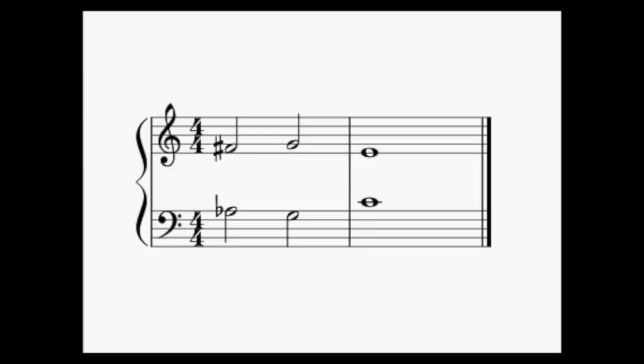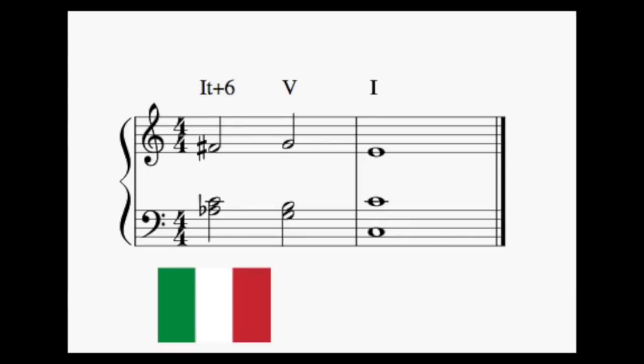The 3 most common types of augmented sixth chords have easy-to-remember nicknames: Italian, French, and German, though the origins of these descriptors are unknown, and they don't seem to have any significance beyond giving us a convenient label for each version. The Italian augmented sixth chord adds only one note to the augmented sixth interval, the root of the tonic chord, in this case a C because we're in C major.